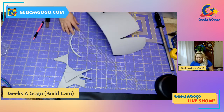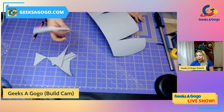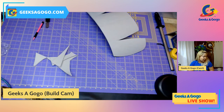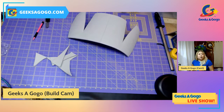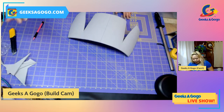Now, I'm very notorious for saving all of these, and I've gotten a lot better. Like this piece right here, this can go to the garbage. We don't need it. Although you can use it for detailing, I'm not. I have too much. Literally under this table, I have 2 large boxes of foam scraps. Long day. What did I say, right? Anyhow,